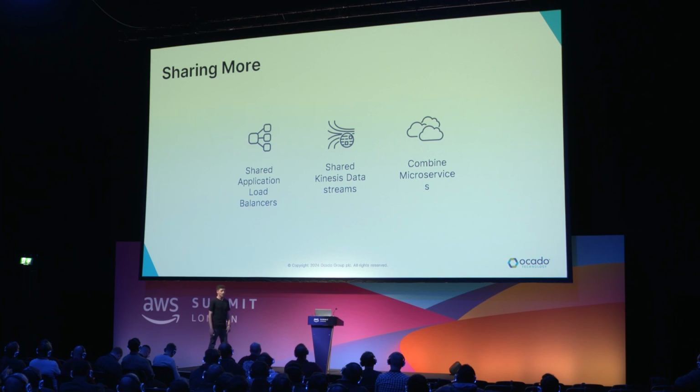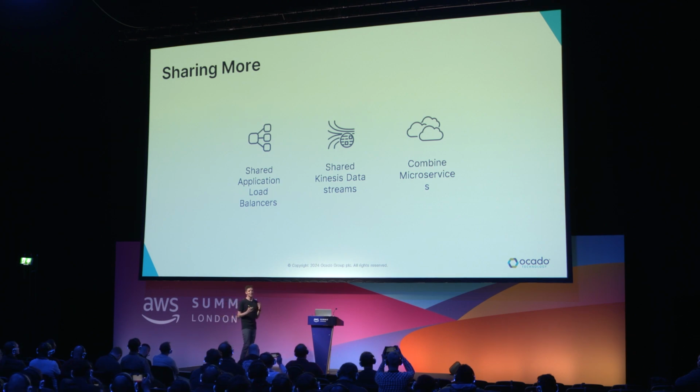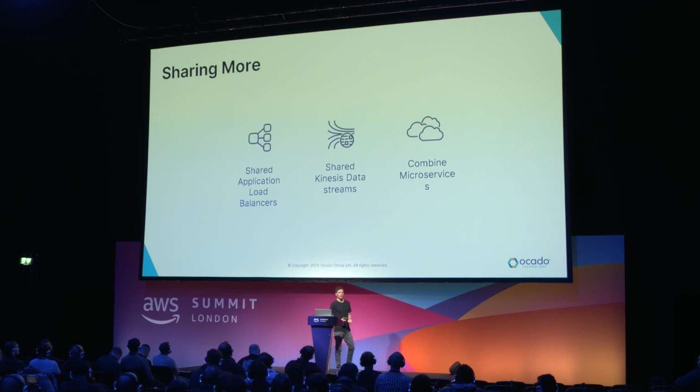Right, sharing more. When we started developing OSP, we had a pattern of one load balancer per microservice. And now we have a lot of microservices. So that's a lot of load balancers, and that's a really big cost reduction opportunity. So we introduced the possibility of using a shared load balancer, and some of our apps have started using that already. It's still an ongoing journey, but we have about 25% reduction in our ALB bill just by using this shared load balancer, and we think there's some way to go there as well.